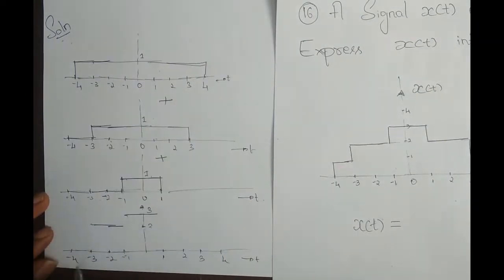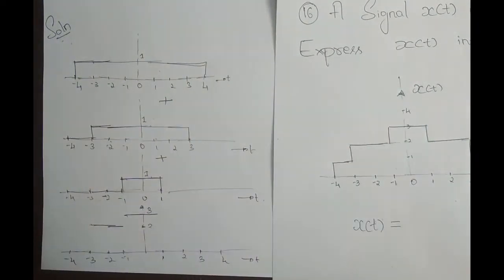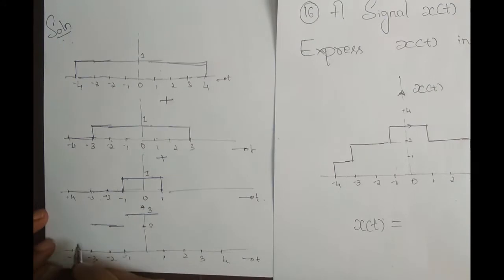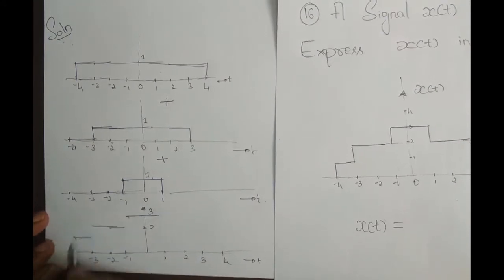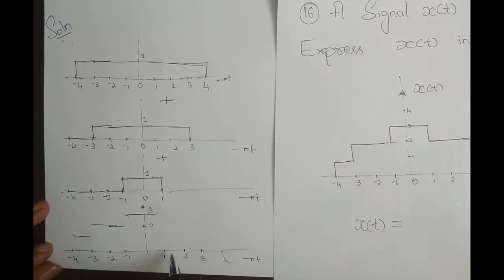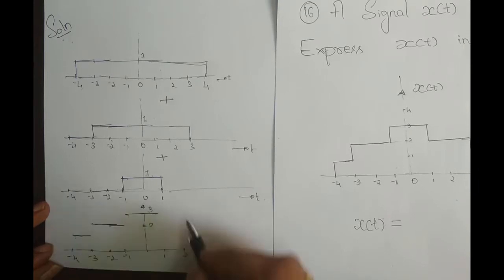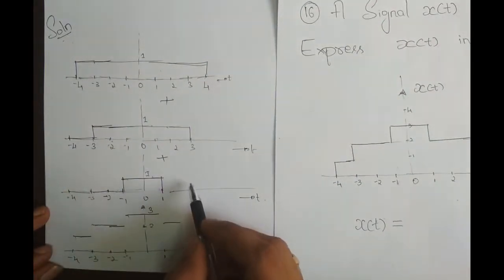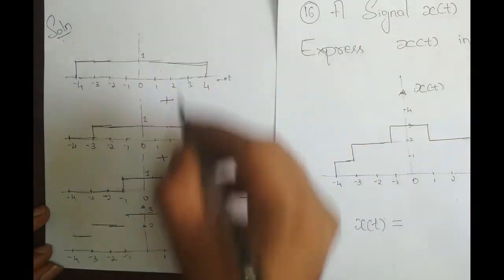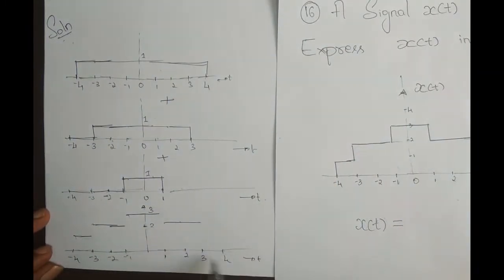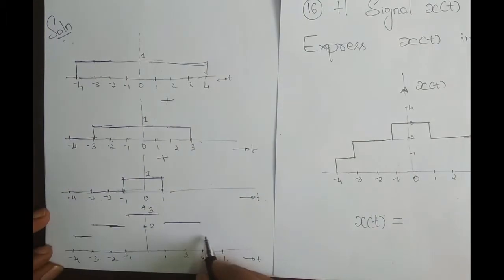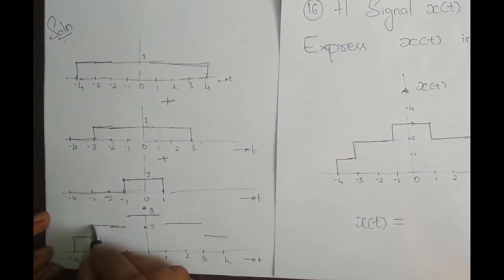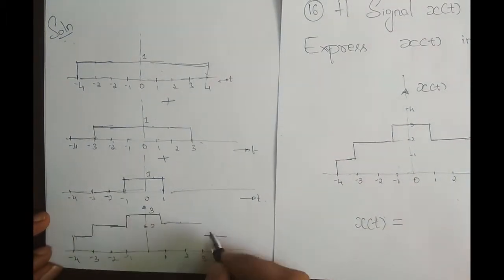So 0 plus 0 plus 1 is 1. Similarly, for t varying from 1 to 2, 0 plus 1 plus 1 is 2. For 2 to 3, 0 plus 1 plus 1 is 2. For 3 to 4, 0 plus 0 plus 1 is 1. Okay, so if I just join this,